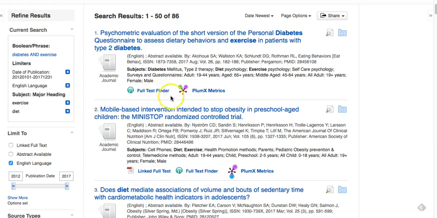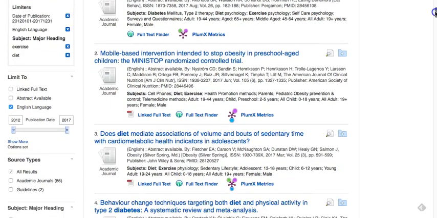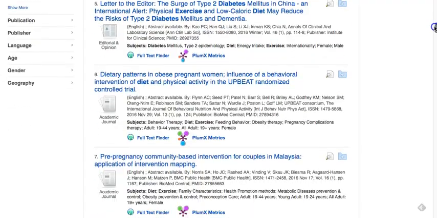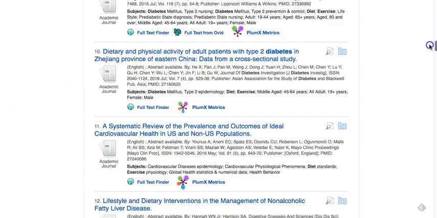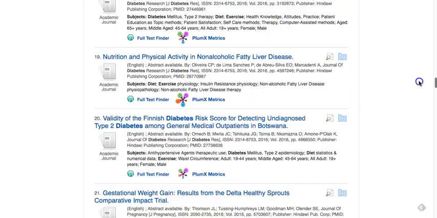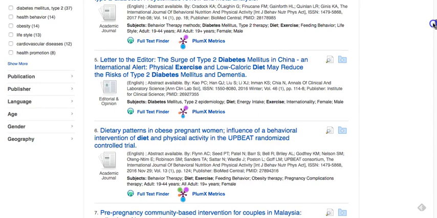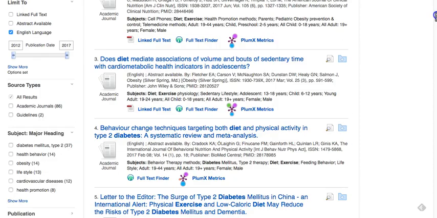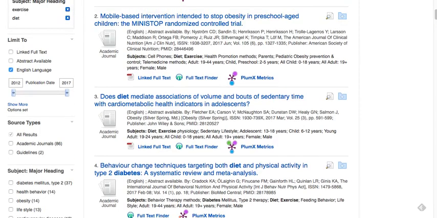Sometimes you'll see Full Text Finder. Other times you'll see linked full text. Sometimes it'll just say PDF full text. This database really depends on so many little factors. But let's talk about when you don't see the PDF, because seeing the PDF is going to be obvious. You can print the PDF and work with it, or you can save it to your computer and work with